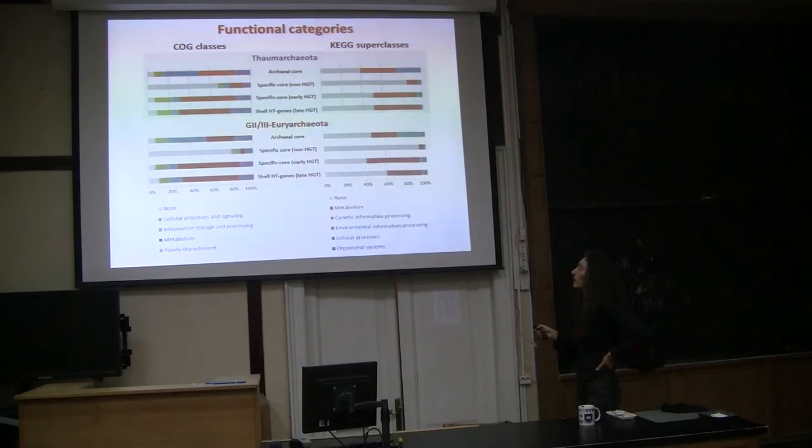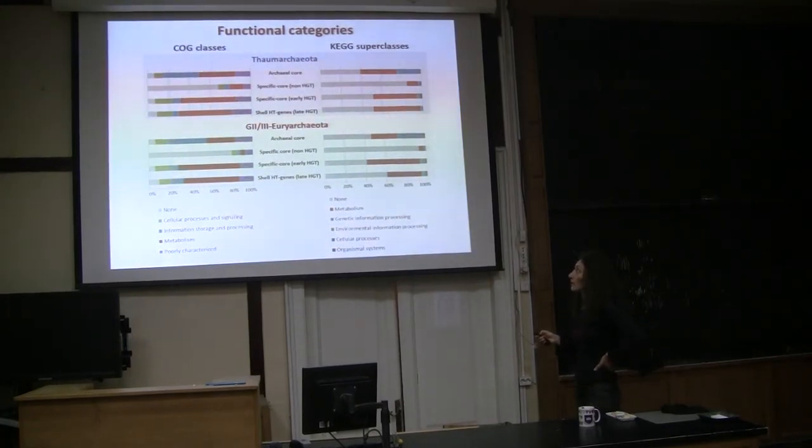Of course the category of Archaea core genes is more occupied by information storage and processing genes. Genetic information and processing are more abundant here, and also metabolic genes, etc. But those categories of genes transferred either with early or late transfers are essentially dominated by genes related to metabolism. And this is something that is expected in prokaryotes. Most horizontal gene transfer affects genes related to metabolism.